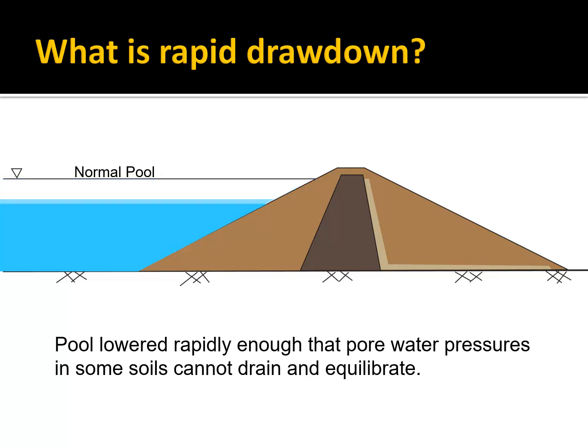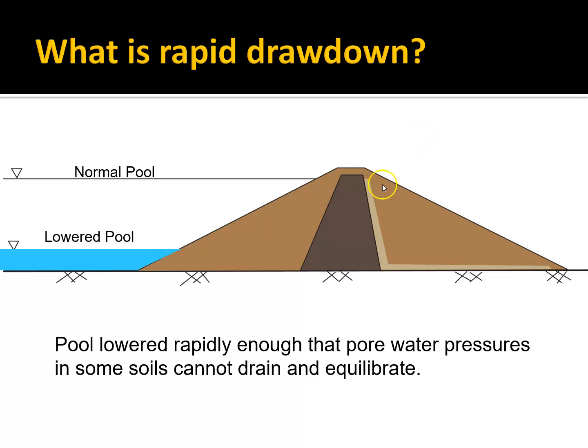and that's where this water on the upstream side goes from its normal pool to a lowered pool over a relatively short period of time that does not allow the pore water pressures to drain and equilibrate. So the problem is you end up with this upstream side still saturated and therefore very heavy, but you lose the buoyancy effect of the water that was on there before. Therefore, the driving forces become very high,